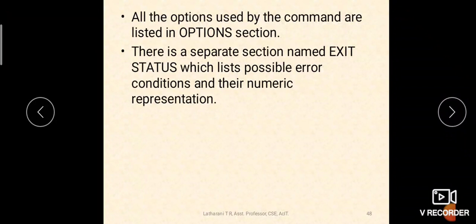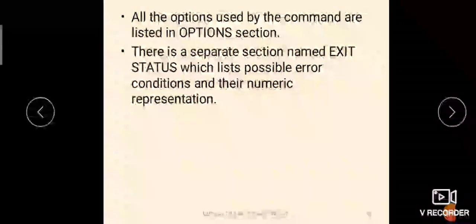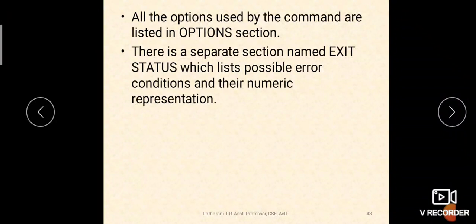For example, if you say ls f1, there may be chances of failure of that command. ls means list f1. If there is no problem, the command will list the f1 file. If f1 is not at all present in your system, then how can ls list f1? It is not possible, so it will give an error message that f1 doesn't exist.